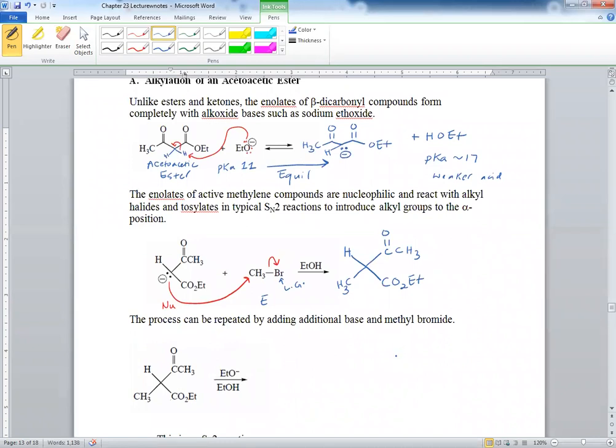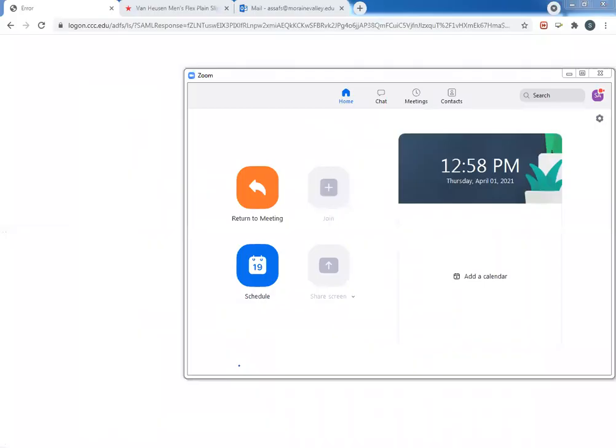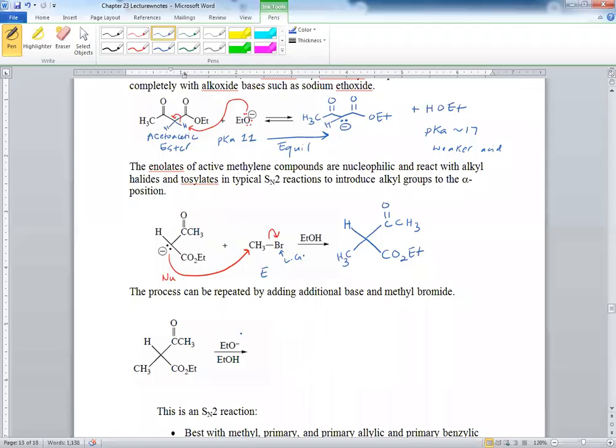And of course, the process can be repeated by adding additional base. So if you add more base,